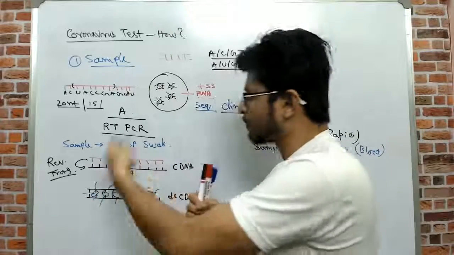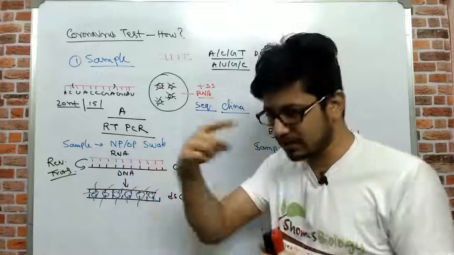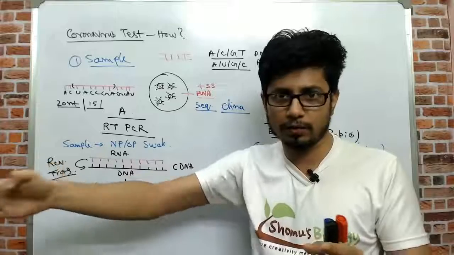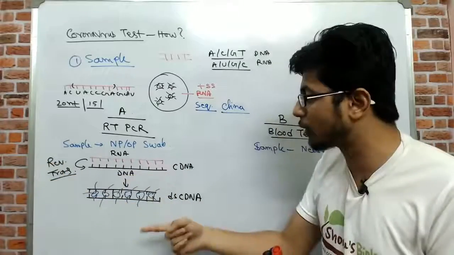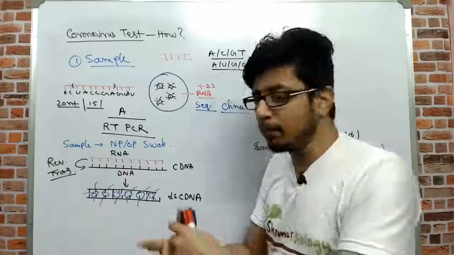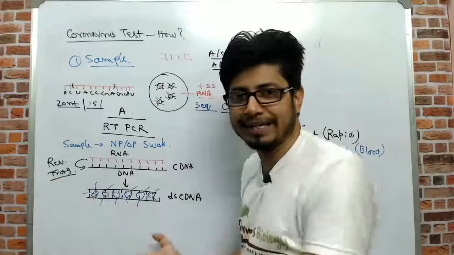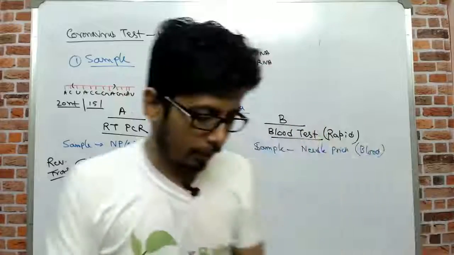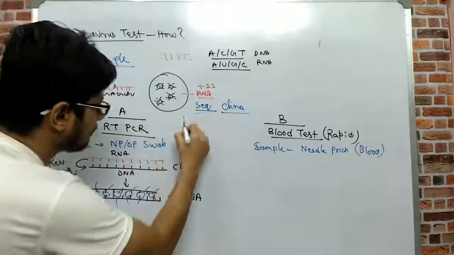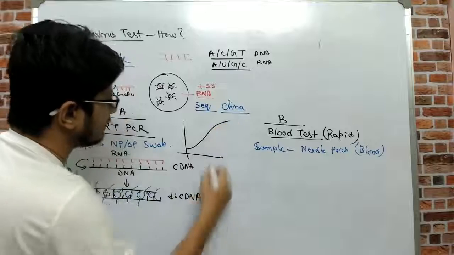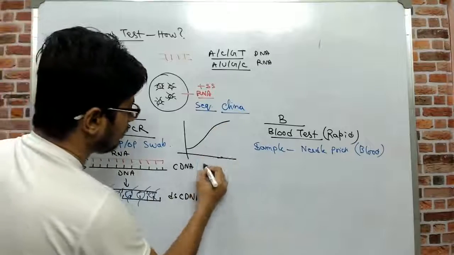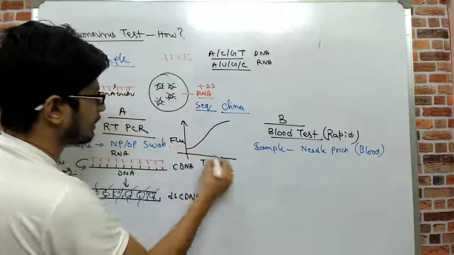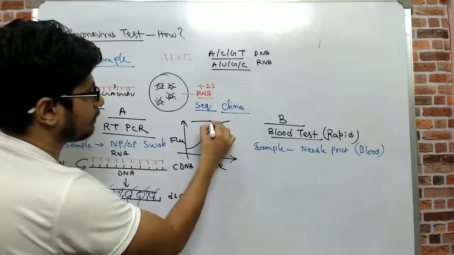So when we run this process again and again, generally the PCR process is a cyclic process. We need to run it for several hours, 1-2 hours, 1.5 or 2 hours. So when you continue to run this process, we are going to see that the moment they are making more and more double stranded DNA, you are going to see more fluorescence. Okay, so as a result, we can simply see a spike in the fluorescence like this, a fluorescence increase with time. With time, you can see an increment in fluorescence like that.